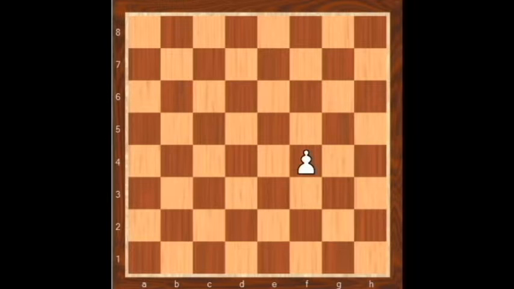See, the pawn moved from f3 to f4. So this is how the pawn moves. The pawn moves one step forwards. Luckily, in other situations, the pawn can do more than that. Now you are going to know what a pawn can do other than moving forward one step.